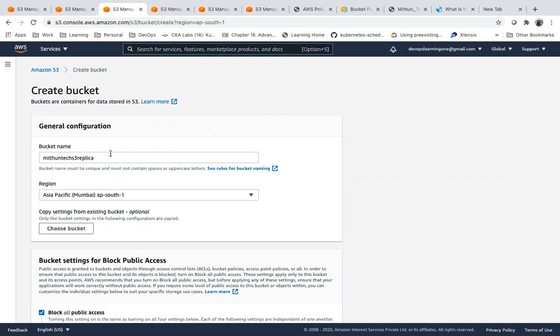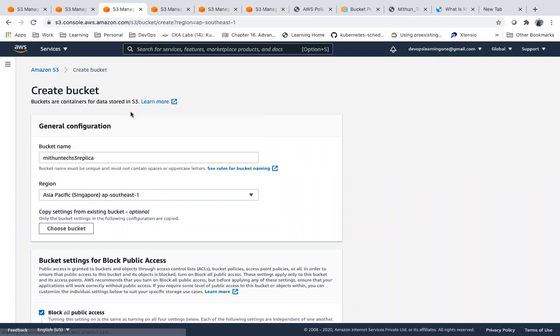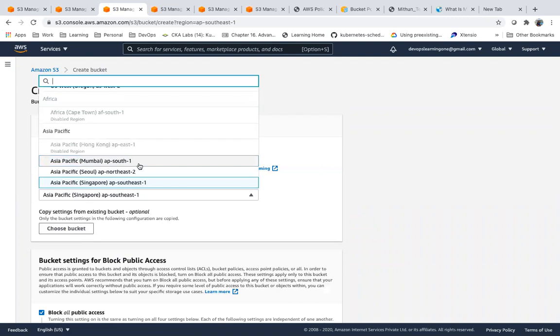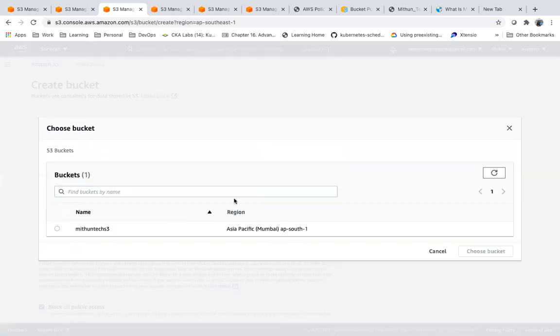Replica. That destination bucket, the replica bucket, can be in the same region, or if I want to replicate in a different region, Singapore or any other region, I can select that region. Now I am creating that destination bucket.